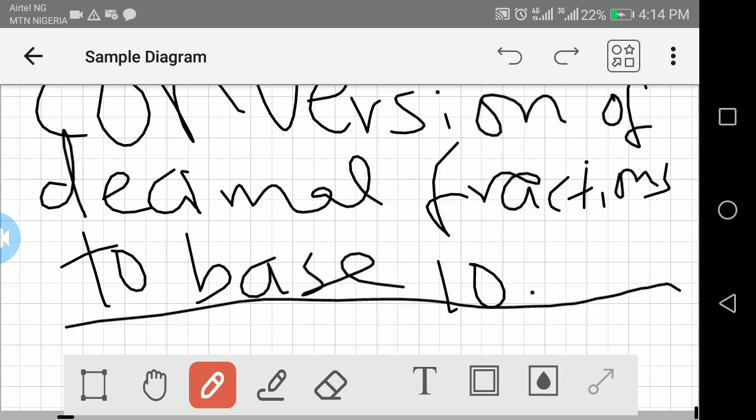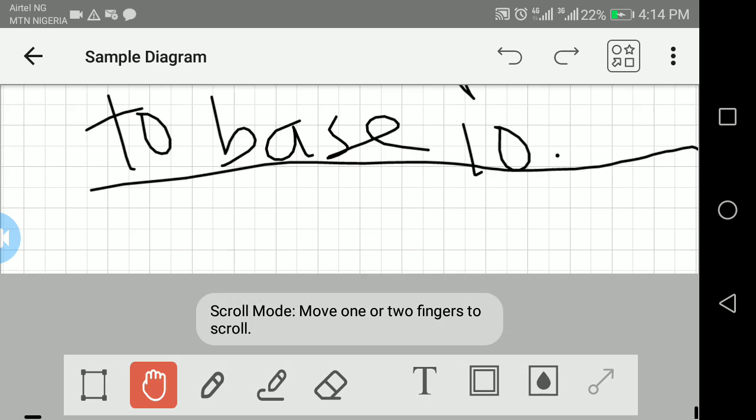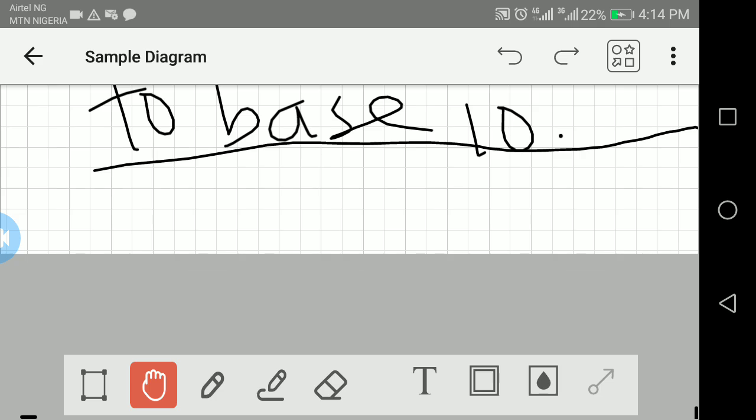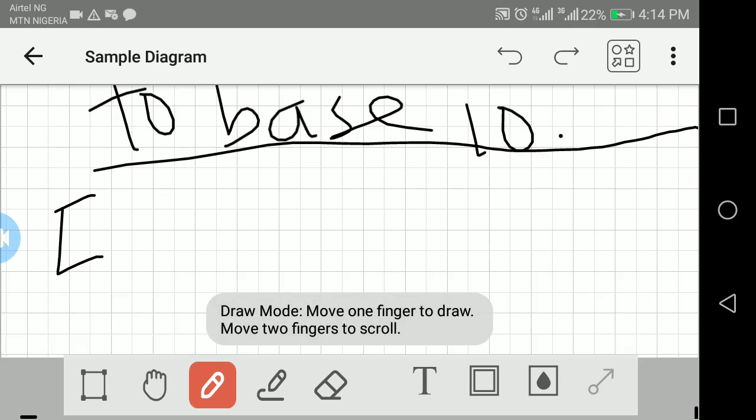So let's carry on. The same method I'm going to use, the same conversion, the same expansion. So you expand, then you simplify. Let's carry on. So, example,